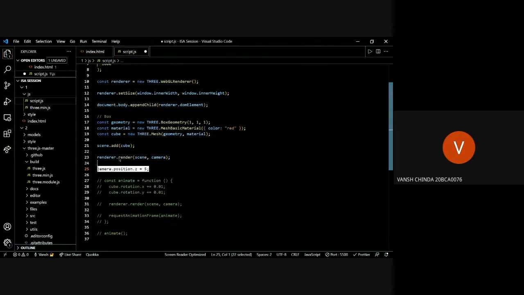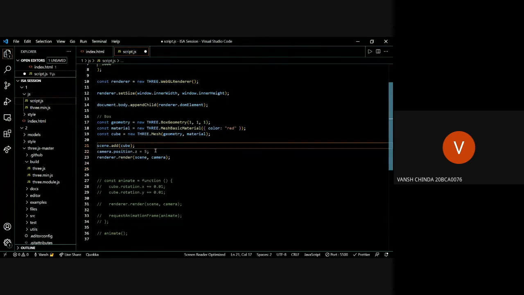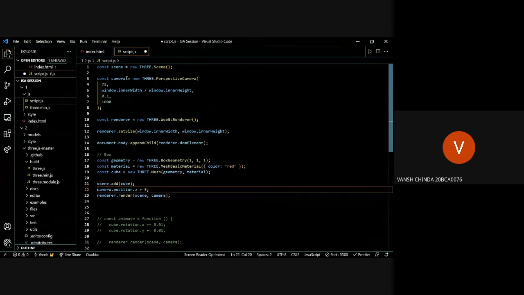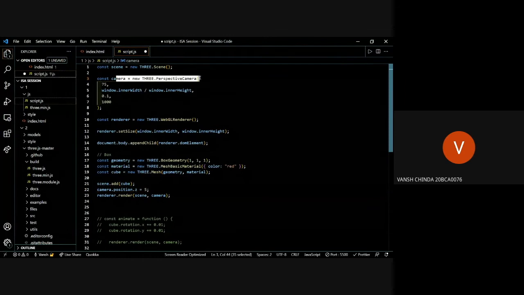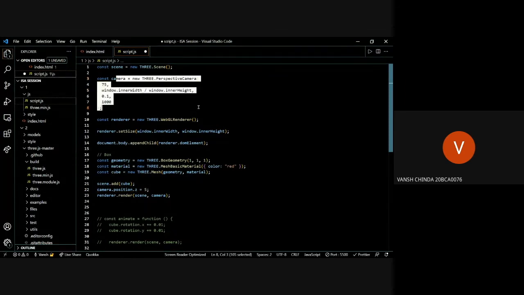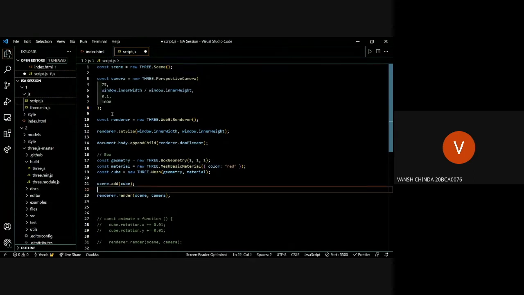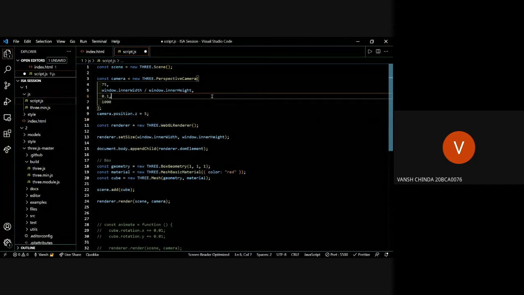We called the camera, but its position wasn't set anywhere. You need to position the camera each time, so we should move this code here so we don't get confused. Now you'll see a square. It's basically a cube, but you are looking at it from a direction that makes it look like a square.